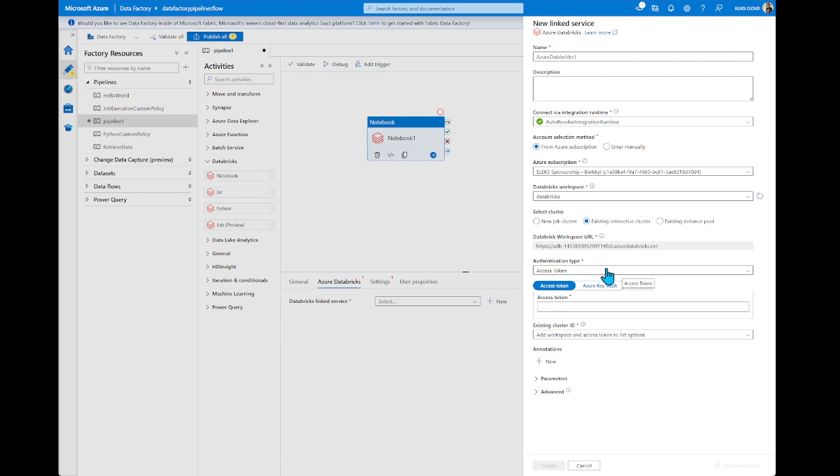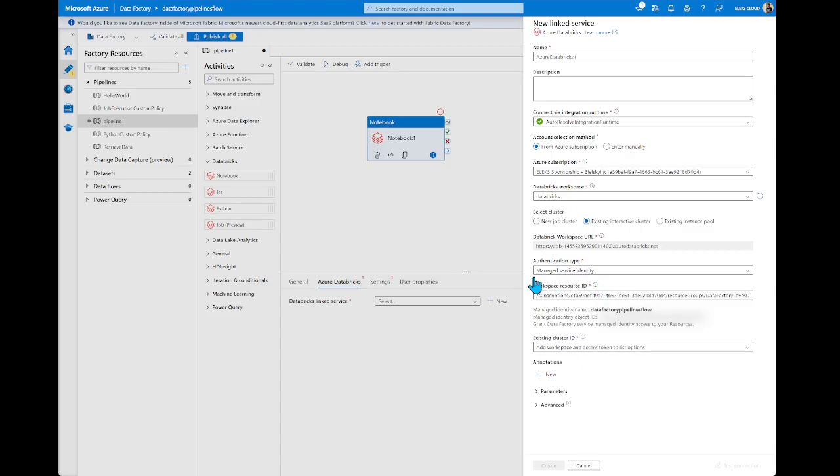The next step is about authentication type. We can provide an access token, managed service identity, or user-assigned managed identity. In our case, we use managed service identity. I already set up and provided these rights to Databricks.